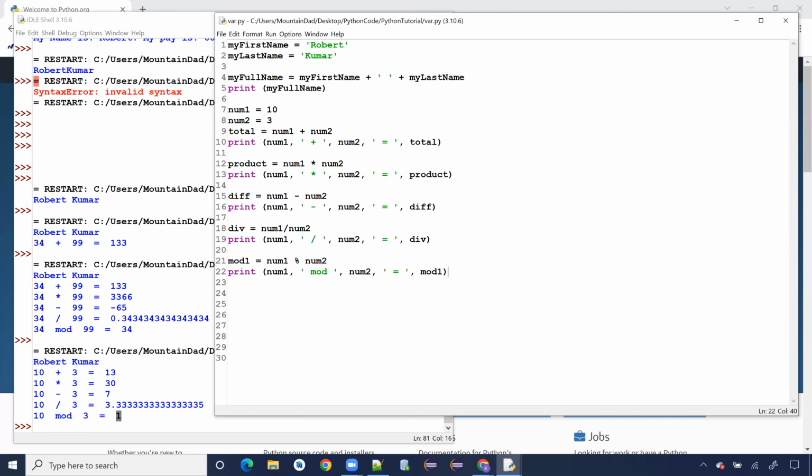Now, other ones, trying to look at my notes. Look at my notes here. So,